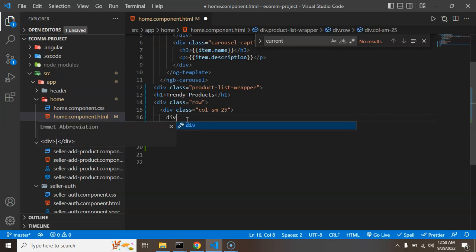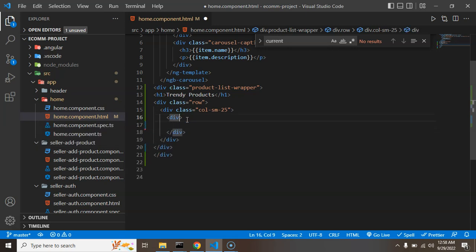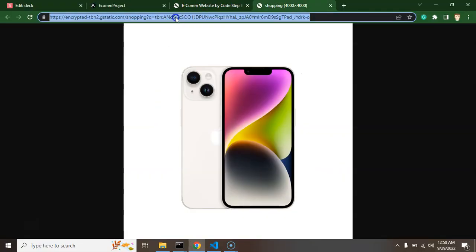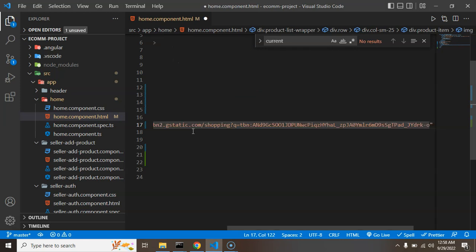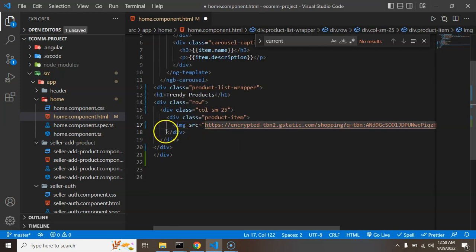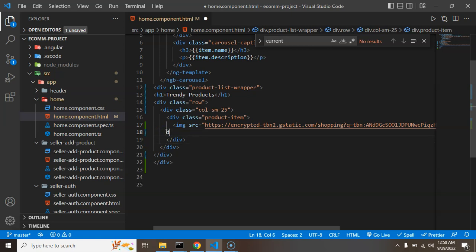And inside it we can take one more div. Yeah, there is a bunch of divs, but that is how style will actually work. So let me add the class name product item. All right, and on the top we can add an image also, right? So for the image source, for a moment I am using a static image. After that we will just replace it with the dynamic URL, right? Okay, so just after that we can add one more div,